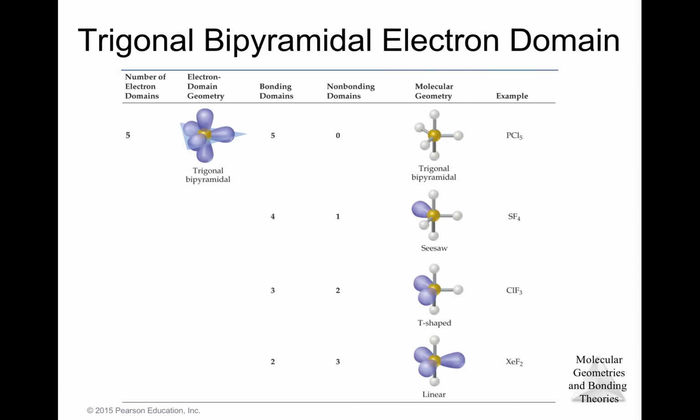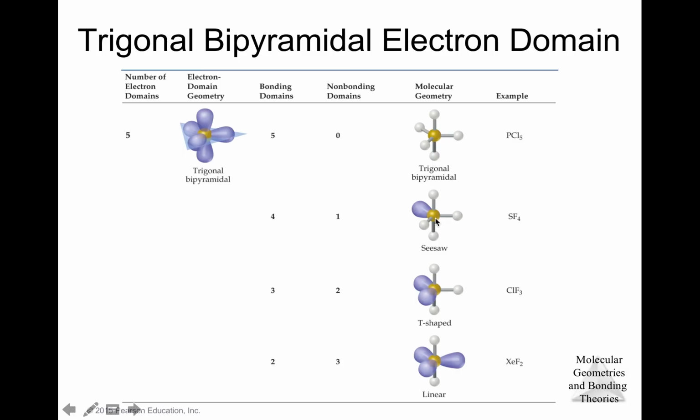So here's an example of molecules that have trigonal bipyramidal arrangement of electron domains. So once again, there's different possibilities depending on whether they're bonding or non-bonding. If they're all bonding, then your molecule will be trigonal bipyramidal, like PCl5. If you have 4 bonding, 1 non-bonding, then you're going to get this geometry here, which is called a